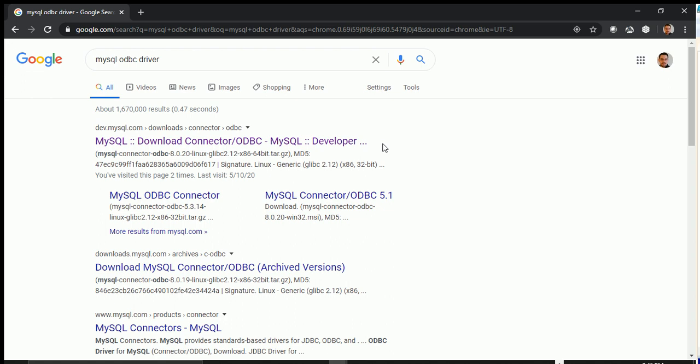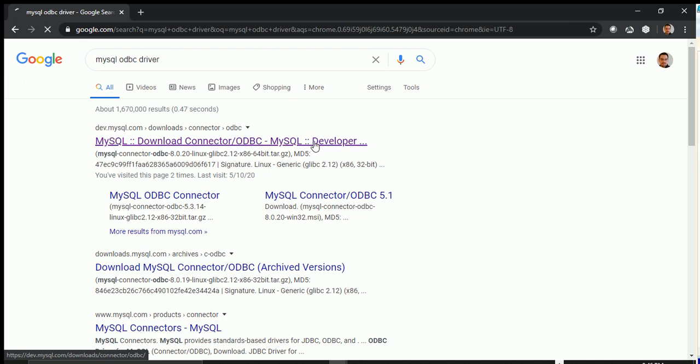But in order to connect to a MariaDB database, you have to use an ODBC driver. There's actually two ways to do it. You can use an ODBC driver, or since it's PowerShell and it supports .NET, you could use the .NET connector for MySQL as well. There's also an ODBC driver for MariaDB itself. I think 3.0.9 is the latest one, but I've noticed it's a little bit buggy, so I've been using the MySQL driver. So I went to Google, and the one I'm looking for is the one available from MySQL, right,